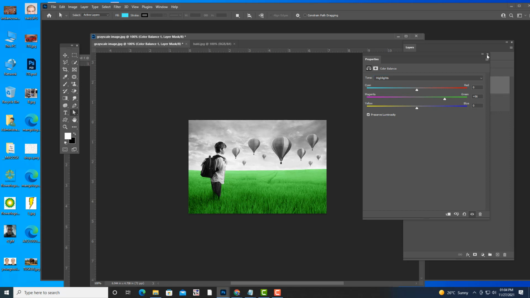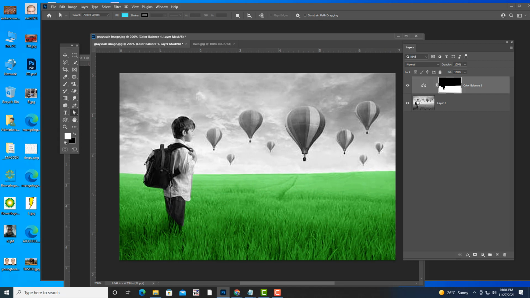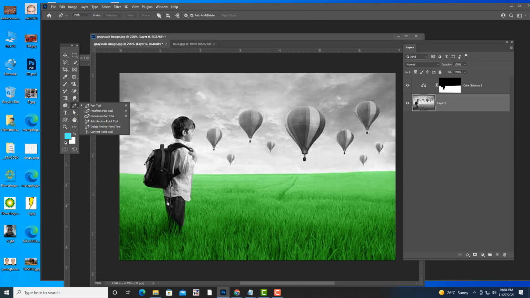And in the same way, if you want to colorize the pants, you just have to draw a selection.